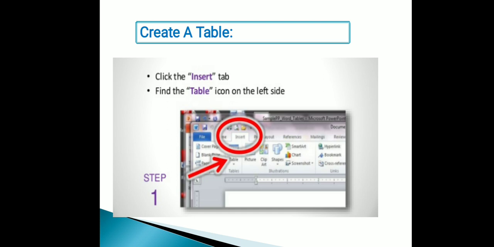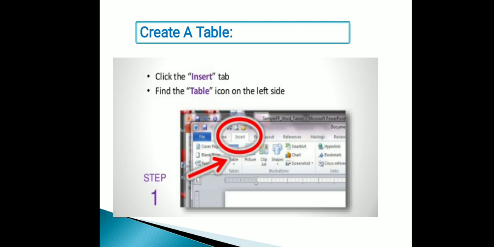Some of them are the graphic grid, insert table, and draw table methods. So how will you be able to create a table in Word?